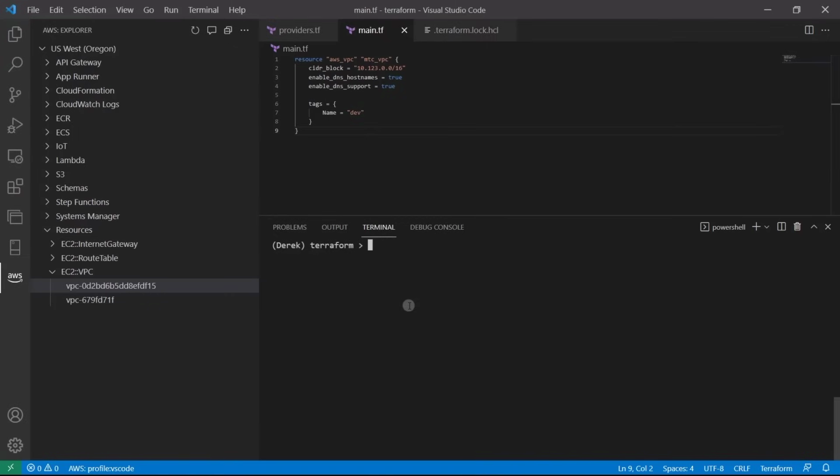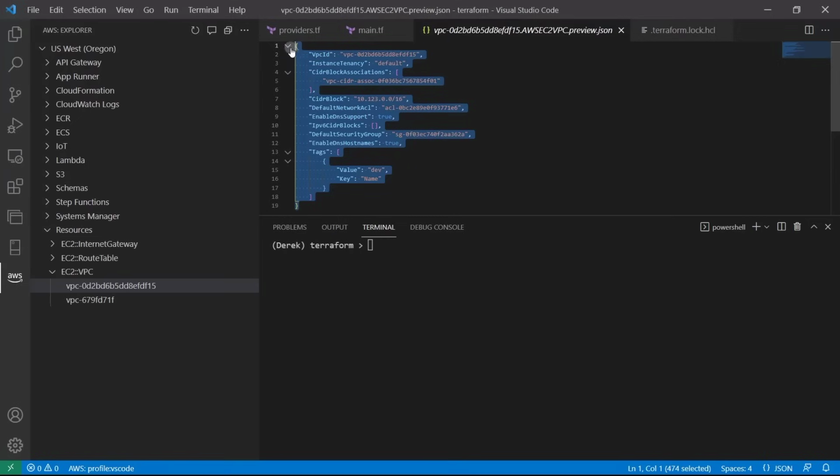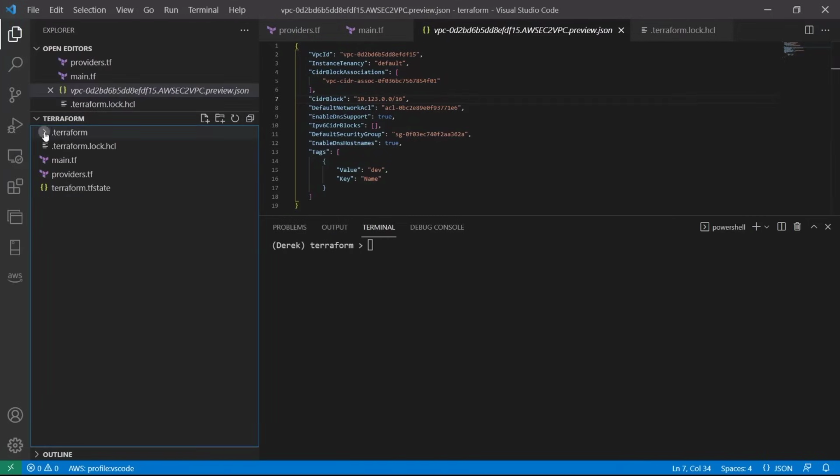So here we are, right here after we have now deployed our fresh new VPC. As you remember in our AWS resources pane here, you can see all of this wonderful information about our VPC. Now, another way we can see what we've deployed is to head into our Explorer and right here, our terraform.tf